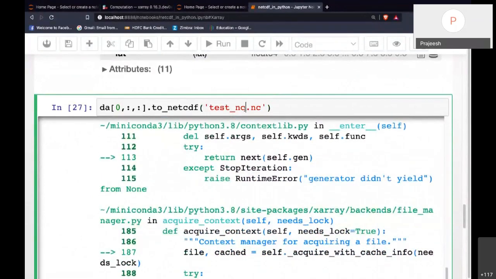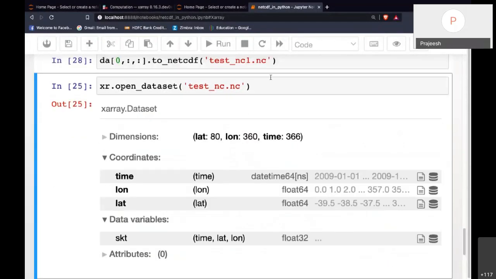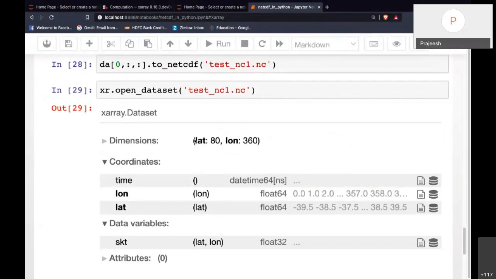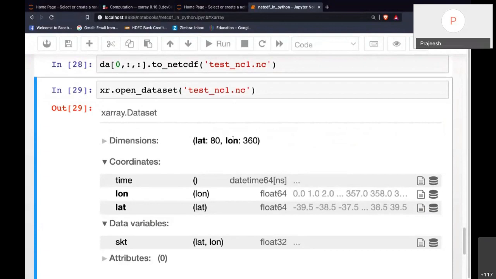So I can write it to some other file, or you can remove that file and rewrite it. You can check what is there inside this file. Yeah, so it doesn't have that. It only has one 2D variable without time.